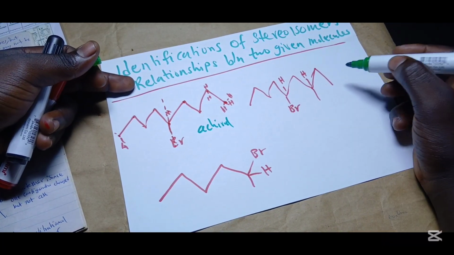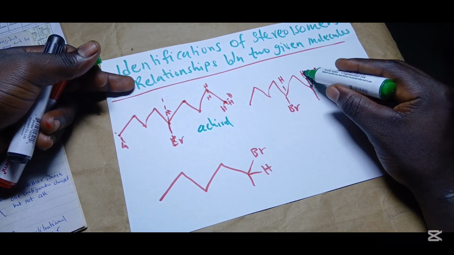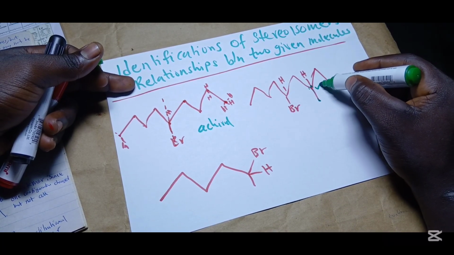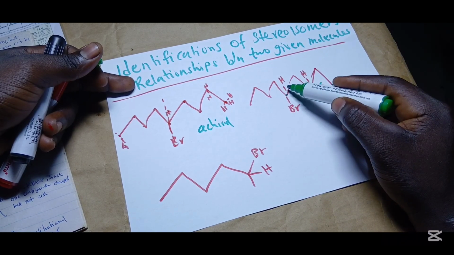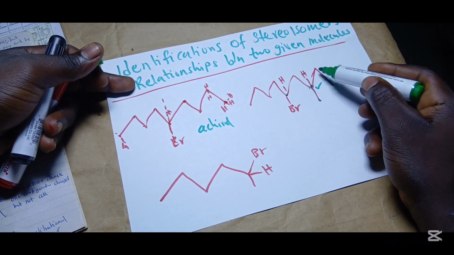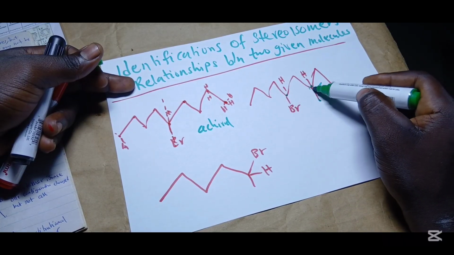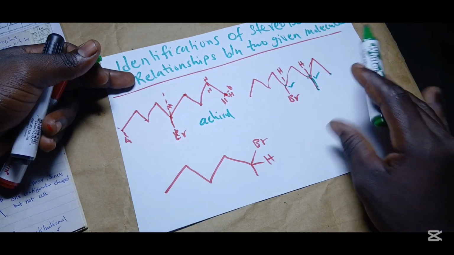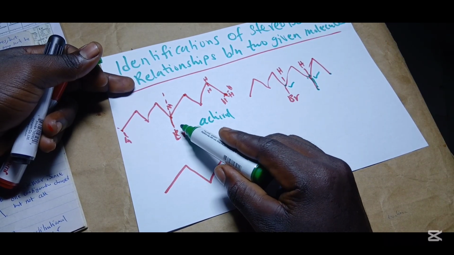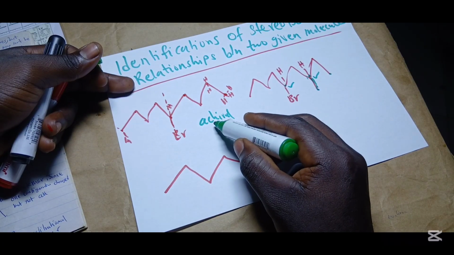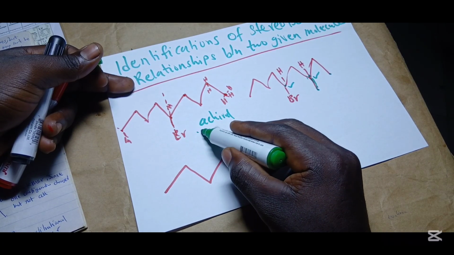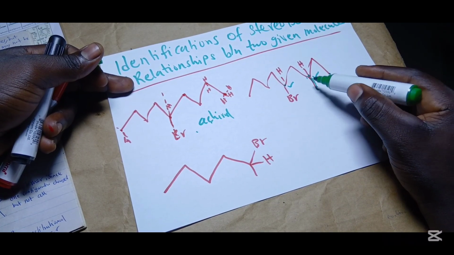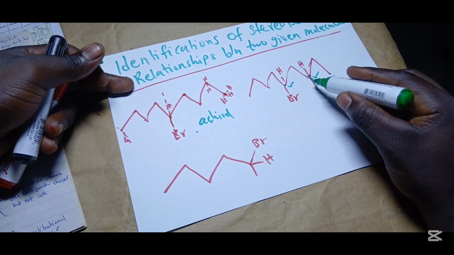What about this? Looking at this, the carbon here has hydrogen, an ethyl group, a methyl group and a long chain. This carbon is chiral. What about this? Hydrogen, a long chain which is longer than this, and this chain has a substituent. This chain has no substituent. So this carbon is chiral. Because this molecule has no chiral center, it has no chiral carbon, then the molecule is achiral, right? It's an achiral molecule. This molecule has chiral centers, and there is no line of symmetry, so